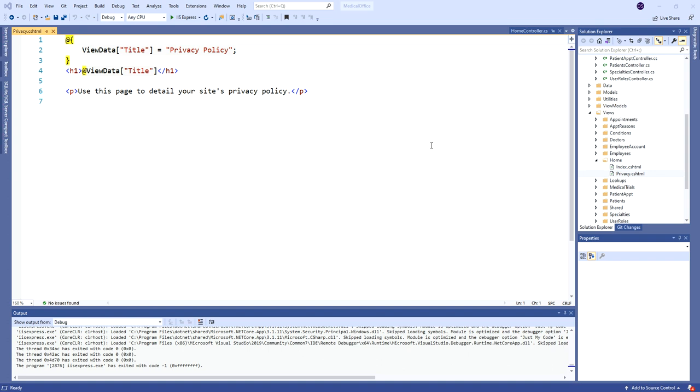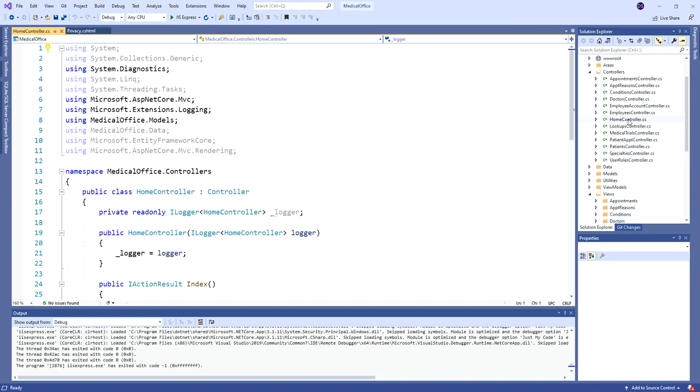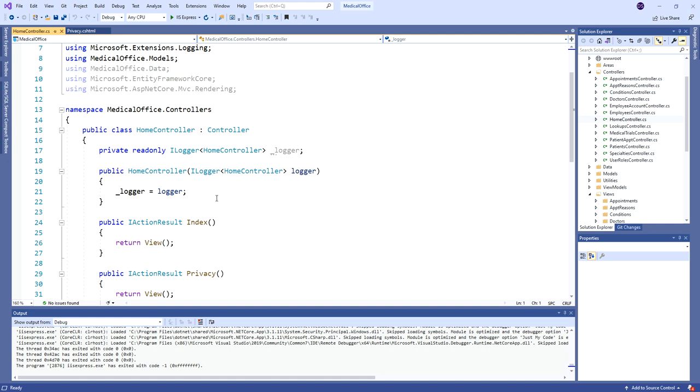home views for the home controller, right? There's almost nothing on it. The home controller itself is extremely simple. So I'm going to vary it a little bit, and we're going to do this one first. So basically, what we need then is the home controller. Now, the thing about the home controller is right now it does not actually even access, we don't use dependency injection to give us access to the actual context,